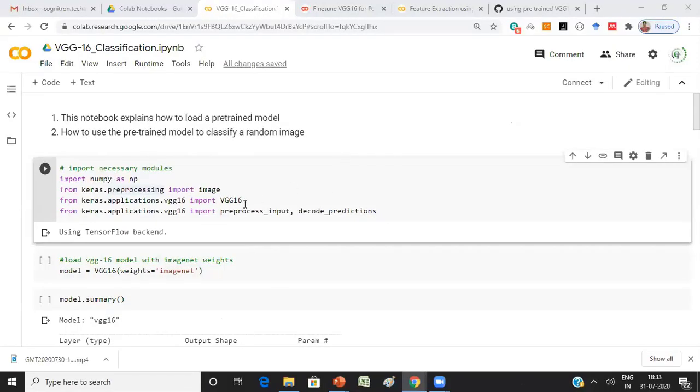Now, can you see my screen? So the Colab notebook. Basically this is what we discussed in the previous class, but I'll give you the intuition of why we should not use the model as it is and why we should go for fine tuning. Yesterday we saw how to use the VGG16 model for random image prediction. Let me run the code.